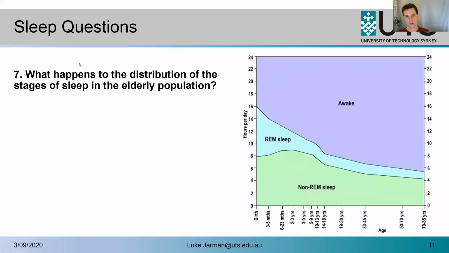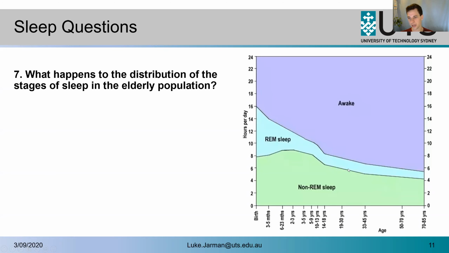All right, then we have a question on what happens to your sleep cycles as you age, which is a really interesting question. So you can see on this diagram on the right, we have from birth all the way up to late elderly, like 85 years old. And each of these blue bars is just representing the distribution of sleep relative to each other. So you spend not many hours awake when you're incredibly young. You only spend about 8 hours of each day awake, and you spend a massive amount of time in REM sleep or dreaming, which is quite interesting. It's almost 50-50, honestly, 50% REM, 50% non-REM.